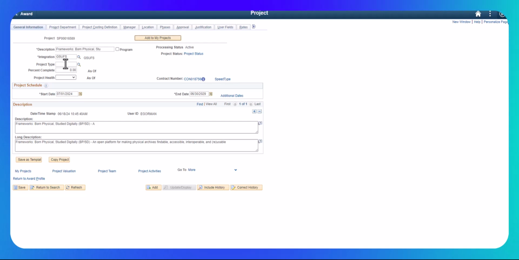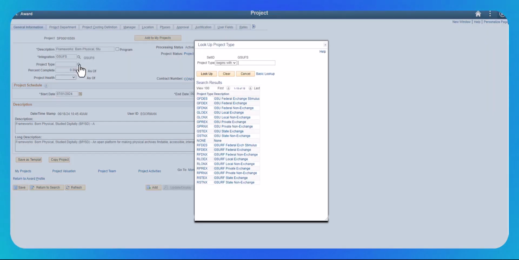The first field we'll enter is this project type field. On the General Information tab, select Project Type. If the award is issued to GSU, select one of the 4 GSU exchange options based on the sponsor classification: federal, local, private, or state. If the award is made to GSURF, select one of the 4 GSURF exchange options. This project classification, either federal, state, local, or private, will always be based on who is sending us the money